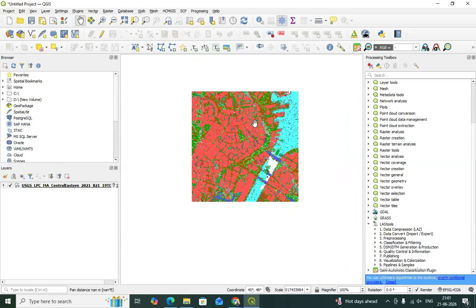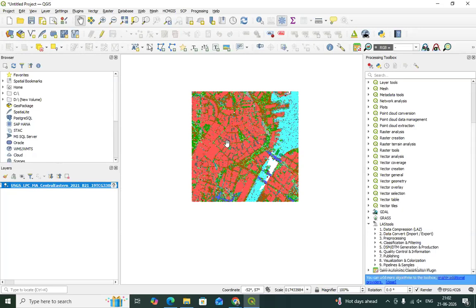Now the first thing is, when you have imported the point cloud data in QGIS, you have to assign the CRS, that is coordinate reference system. That is why you can see this question mark on the layer, because CRS is not assigned. So you have to set the CRS here.